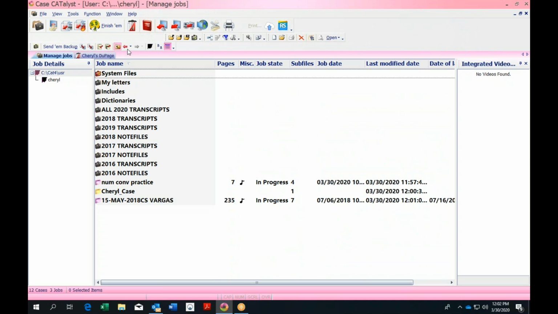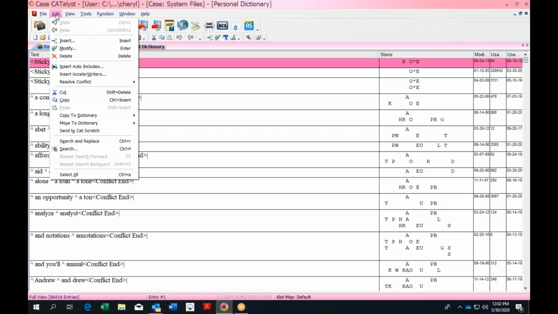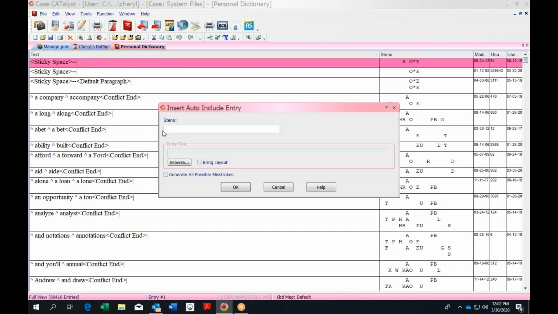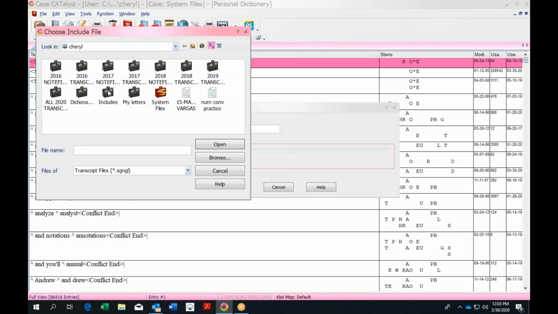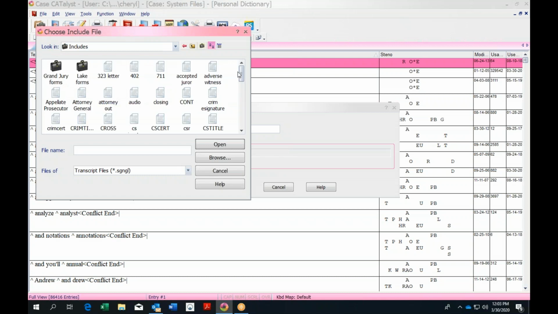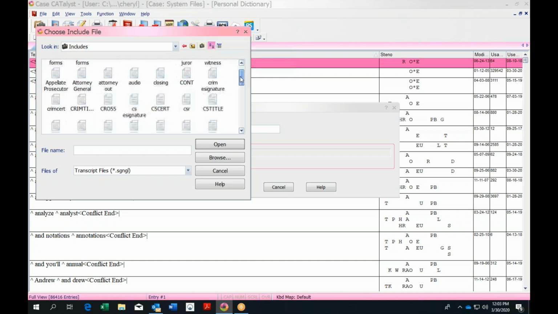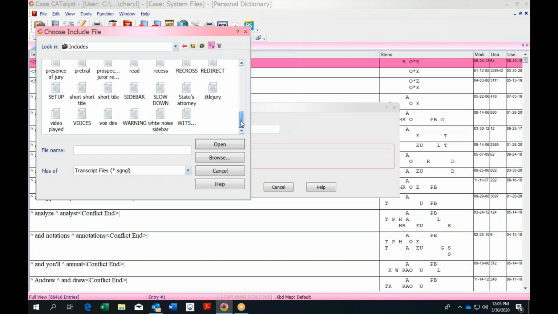So once again, what you would do is go to your personal dictionary, go to edit, insert auto includes. Now in your mind, you have to come up with the stroke for what you're looking to auto include. So if you wanted to include that warning, I would use "warn." Now you have to browse to find it. Once again, you're going to that include folder that already exists. And you said it was in here, right? Yeah. Warning. Right here, warning, open,